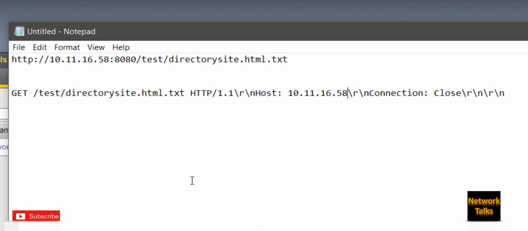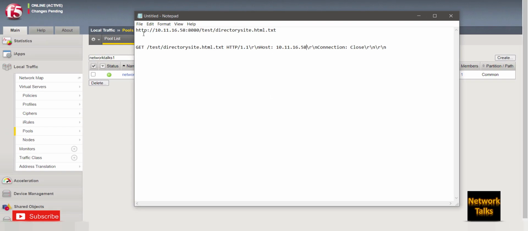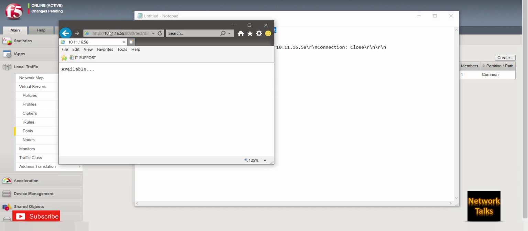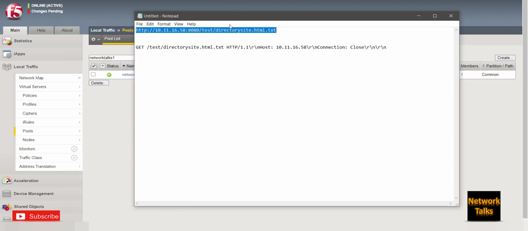Before checking anything, first of all you need to verify under F5 that this particular path is available from the F5. How can it be done? See, this is working from the browser on your system, so this is fine, but it should be reachable from the F5 itself, otherwise there is no point, and at the end the pool will be down. So we need to check this under F5.